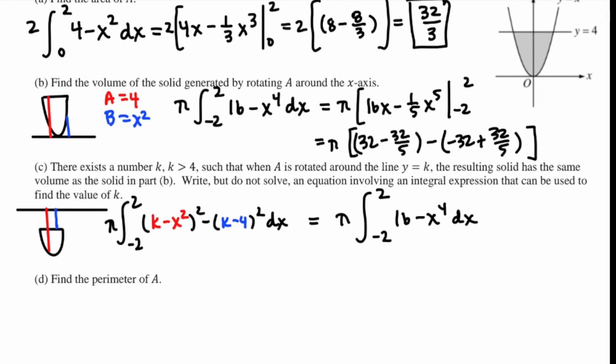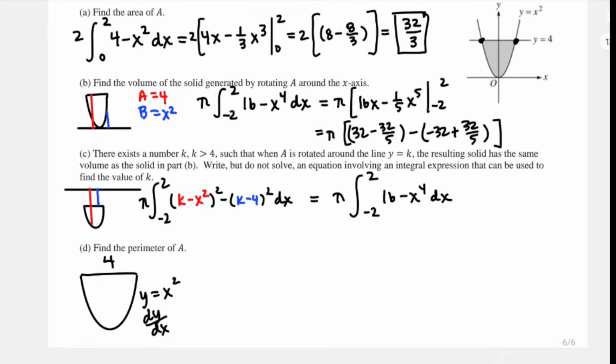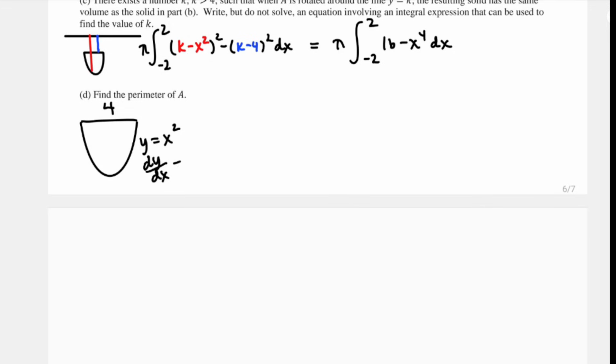That's our answer. So finding the perimeter of A, that should be easy in comparison. We're going from x equals negative 2 to x equals positive 2. That's a width of 4. We're going to have this stuff, which, if y equals x squared, dy dx, that's probably not visible to you. Oh, but I'm at the bottom of the page where it makes everything hard to see. That's 2x, so I'm going to add 4 plus the integral from x equals -2 to x equals +2 of the square root of 1 plus f prime of x squared